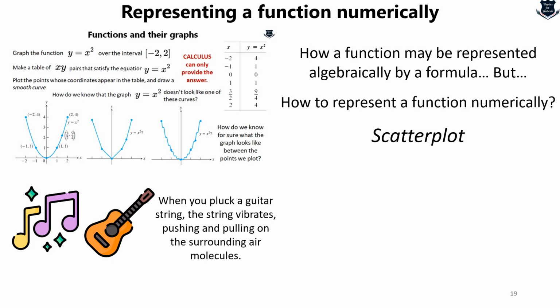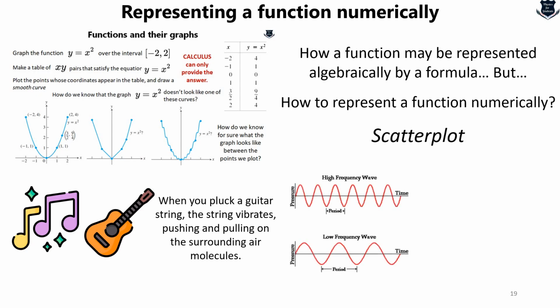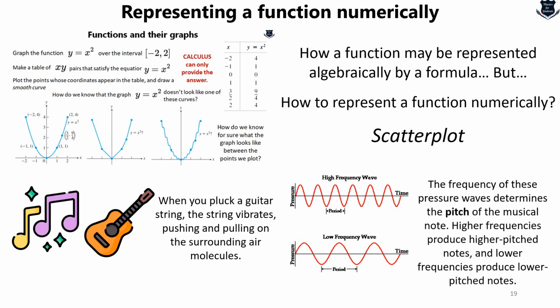So when you pluck it, the string vibrates, pushing and pulling. Now the frequency of these pressure waves, that means how many compressions and how many rarefactions occur per second, determines what is called the pitch of the musical note. Higher frequencies produce higher pitch notes, lower frequencies produce lower pitch notes, and the unit of frequency is hertz, which measures the number of waves